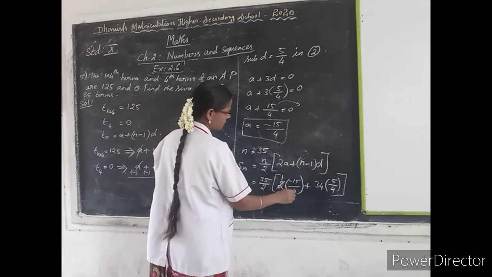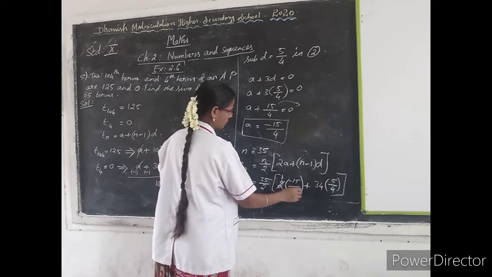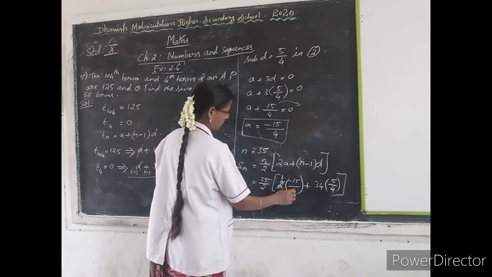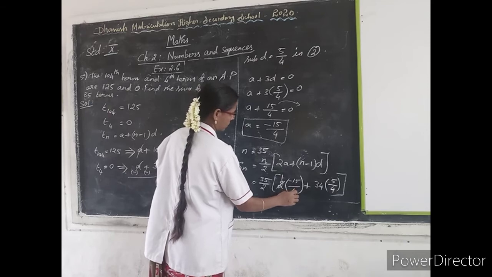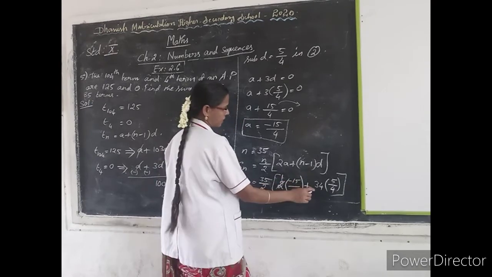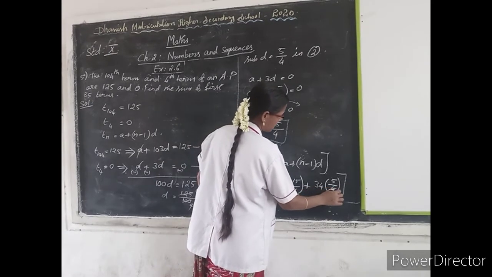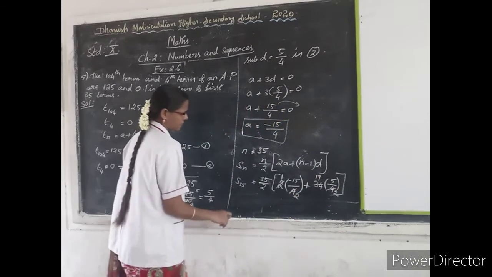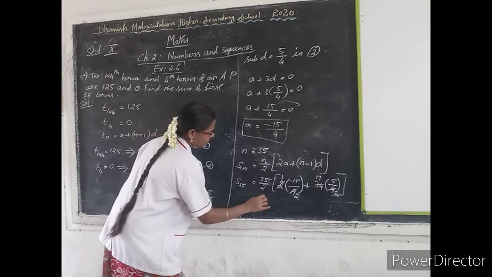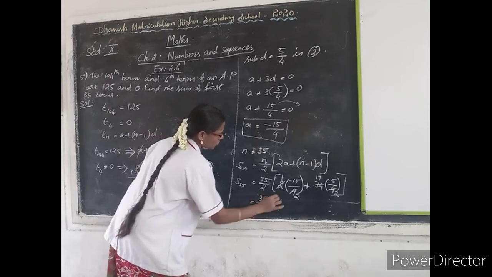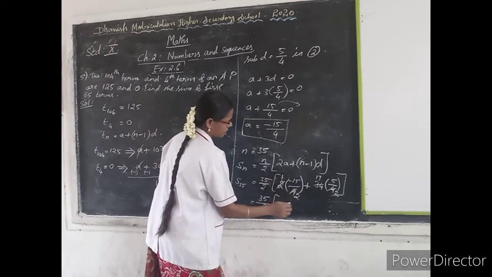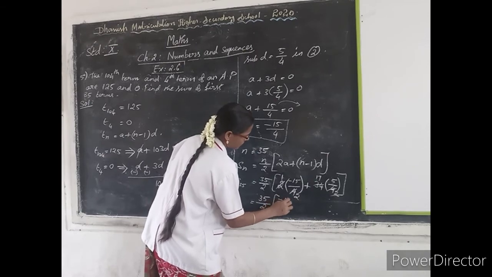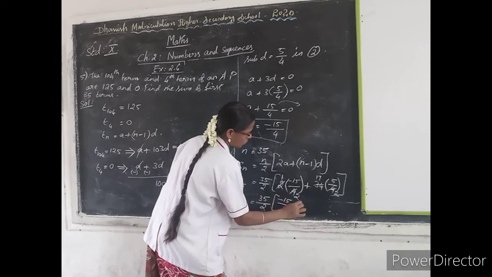Now cancel. 2 1 times. Here 2 2 times, and 1 times, 70 times. So 35 by 2. Here 1. 15s are 15. So minus 15 by 2 plus